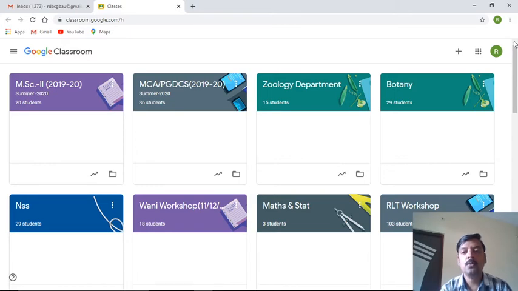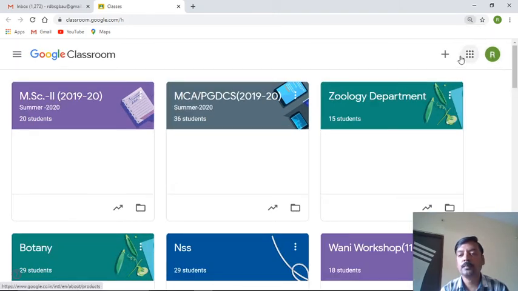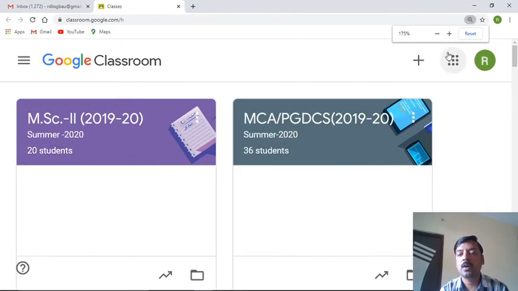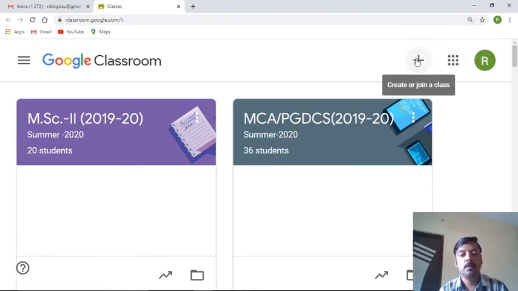For creating that Google Classroom, we have to click on this plus icon. You can see over here, the moment I keep my cursor there, it shows me two different options: one is create and another is join. Again I'll repeat, who is going to create a class? The answer is you are. Being a teacher, it is your responsibility to create a class, and who is going to join your class? None other than your students. Your students' responsibility will be to join the class.